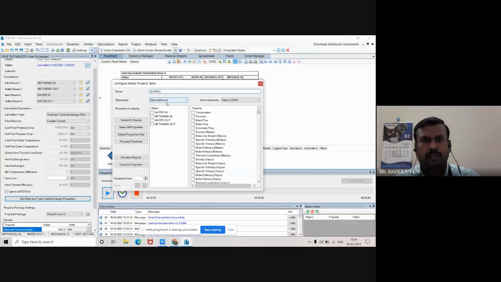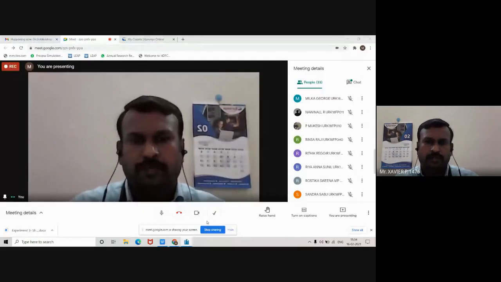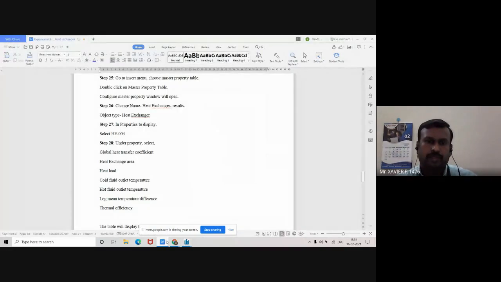Global heat transfer coefficient. Global heat transfer coefficient, which we are going to find out. Now,